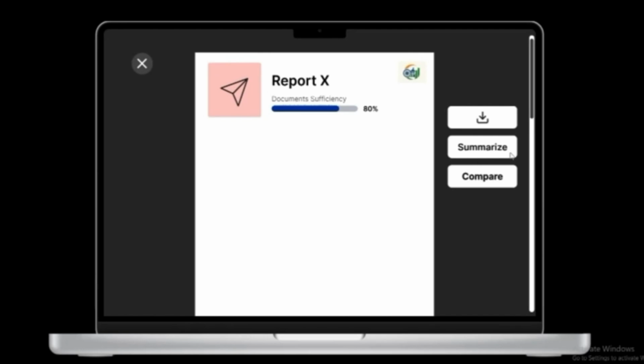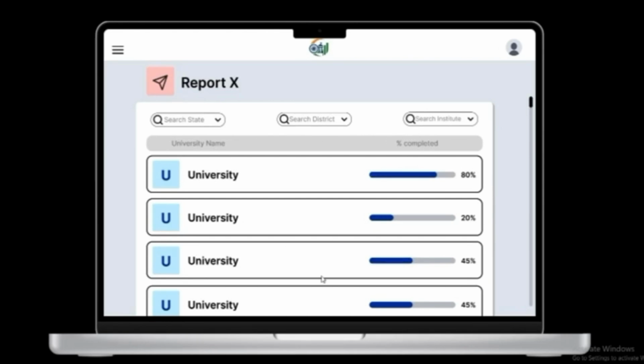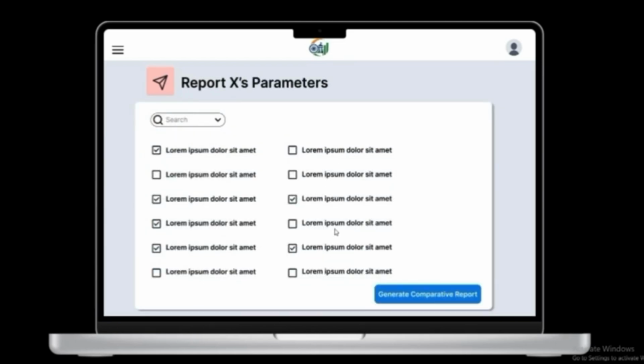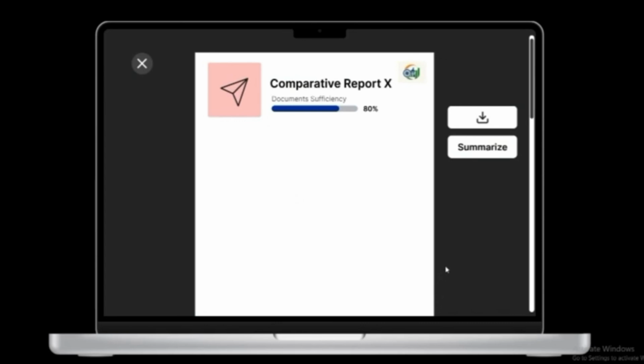The reports can be summarized using AI. They can obviously be downloaded, and one of our unique features, the compare button here, leads us to this. Admins can choose more universities which they would wish to compare with the previously chosen university. They can then select key performance indicators which will be used to compare selected universities. Our backend model then generates a comprehensive data-driven comparative report which too can be summarized using AI. Going back,